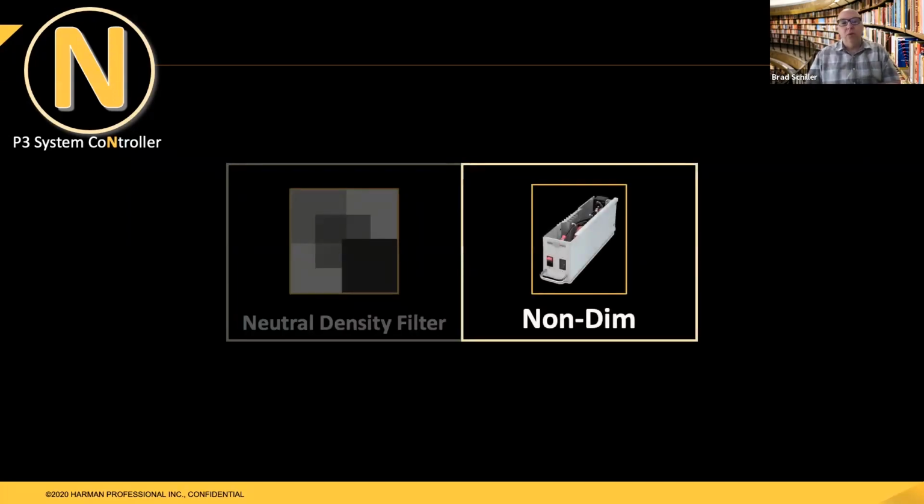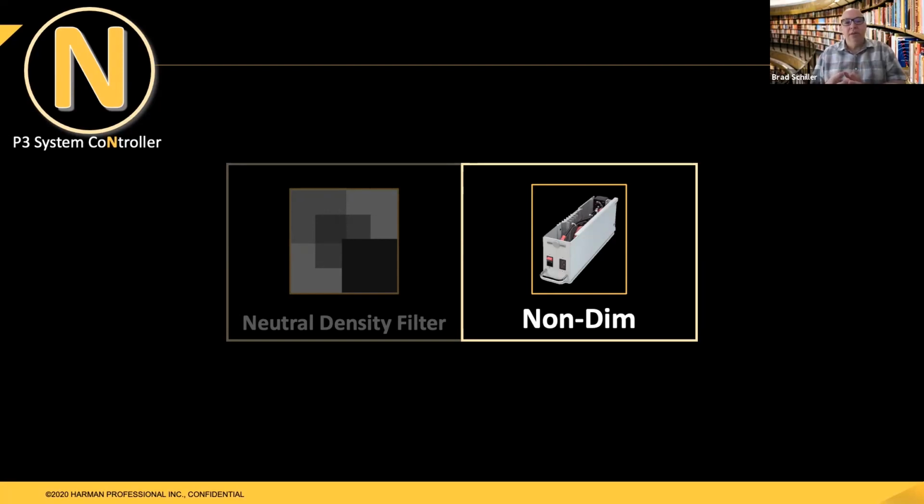Non-dim is an important type of circuit that only switches on and off, that is not capable of dimming. So if you have a conventional rig or you have dimmers in a theater, you want to make use of a non-dim for any electronic device that's going to plug into that. That could be LED fixtures, it's definitely moving lights, could be fans, could be different things, but you don't want to plug electronics into a dimming circuit because the way dimming circuits work, that could cause a problem, even if you never dim it, but particularly if you do dim it.